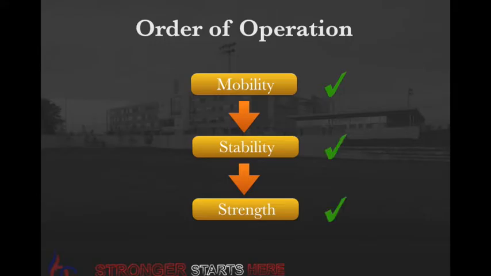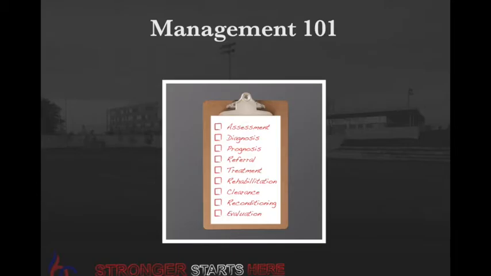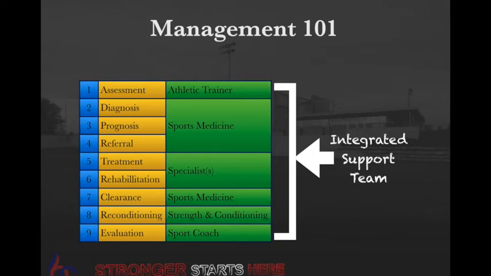So once we've checked off all of these categories, that's when we can start to manage our own strength and conditioning as an approach for prevention. But getting into management now, let's talk a little bit about what's really in line for management. If you look at this little clipboard here on the image, this is how we would hope that true injury management took place. All right, so when we take those 9 steps from assessment right down to evaluation for returning to play after injury, we see these different roles here.